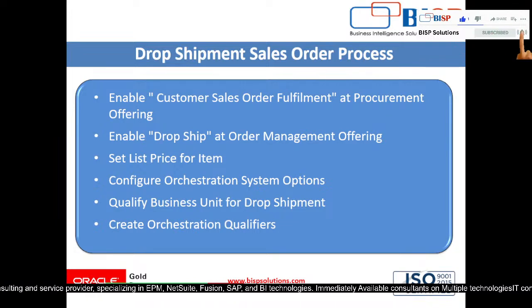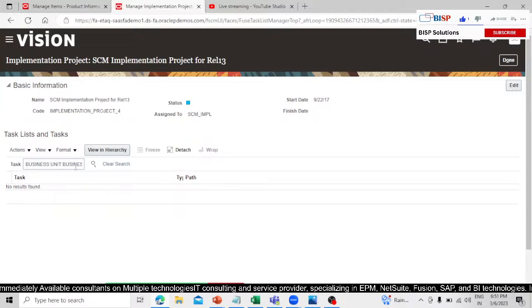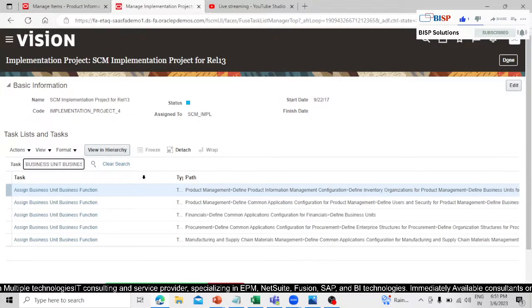Now we have to qualify the business unit for the drop shipment, right? So how do we qualify the business unit? We have the task name, business unit, business function. Now go with the product management,